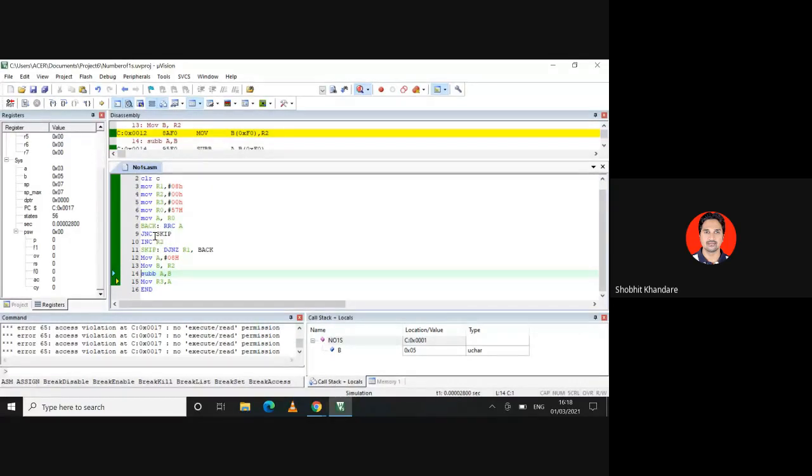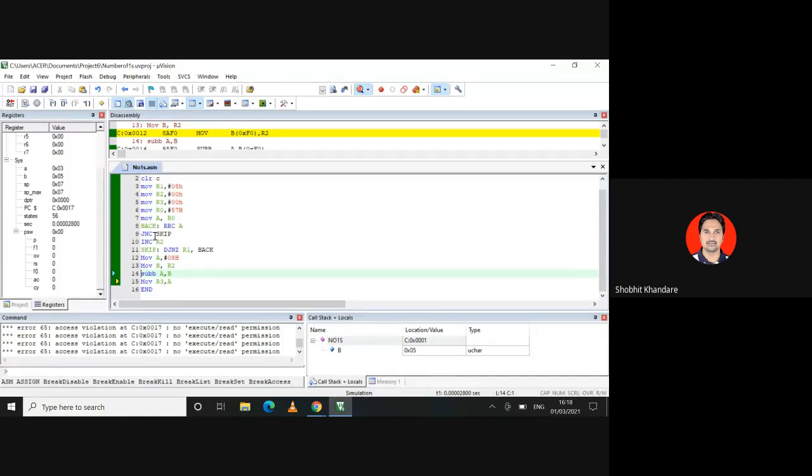So this is the one part which you have to do, and the second part you do as homework. You can submit this assignment if possible by Saturday. Now we will be doing the conversion of ASCII into BCD and BCD into ASCII. Already you have studied this in DSD.